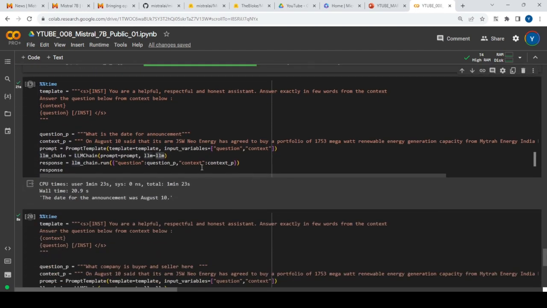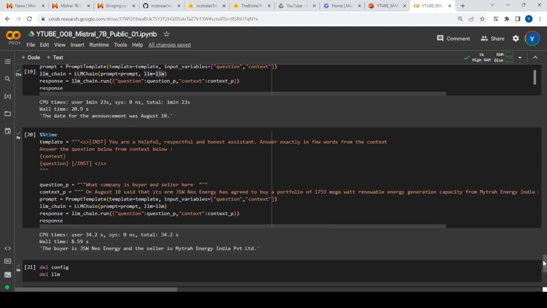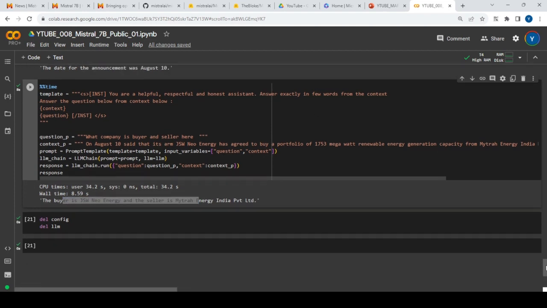And if you see the answers, for example, what is the date of announcement? It says August 10. If you ask what company is buyer and seller here, it tells perfectly what the companies are, which is JSW New Energy as the buyer and Mitra Energy India as the seller. So that's good results. This was all about the three use cases which we wanted to cover with Mistral7b. At least I'm excited because this model is definitely performing pretty good as far as we can see, and truly it is